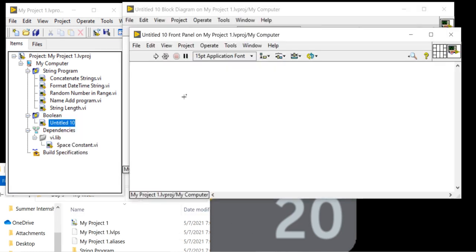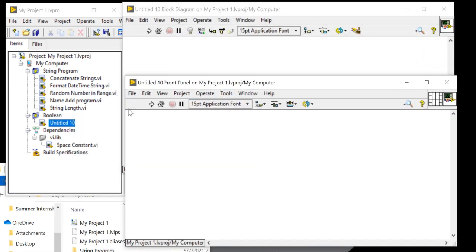Right click, new VI. Write a code to check AND logic.